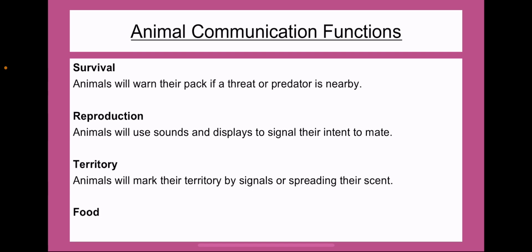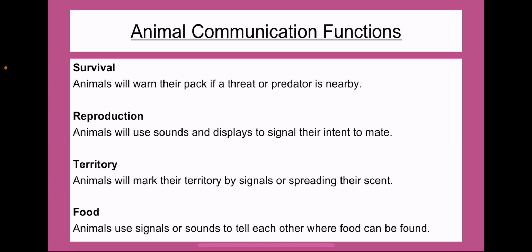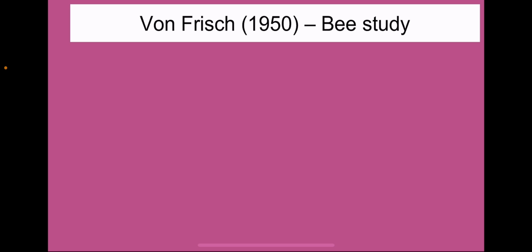And finally, animals will communicate about food. Animals will use signals, sounds and vocalizations to communicate to each other where they can find food. Ants are really good at this, using pheromones to tell other ants where the food is. In terms of a key study for this section, quite a popular study that comes up in the exam quite frequently,